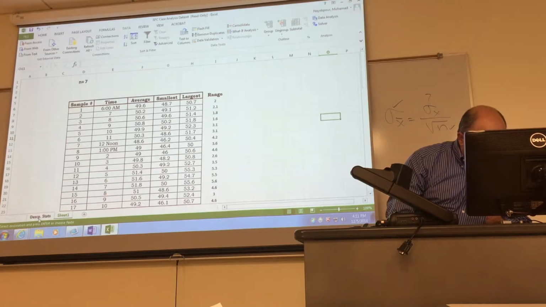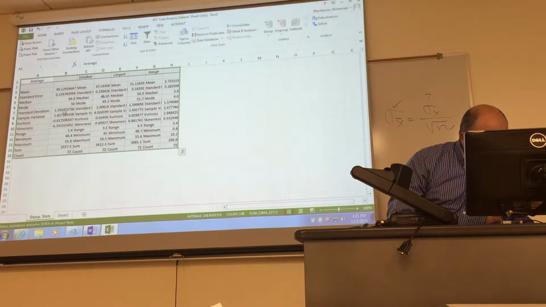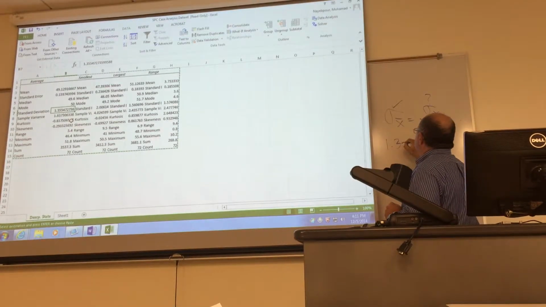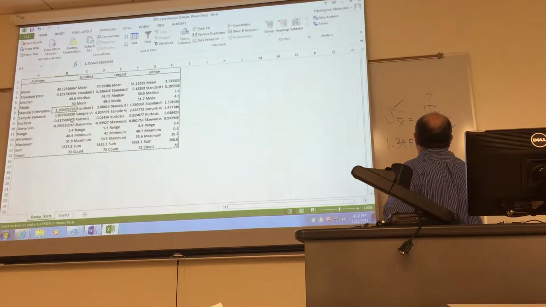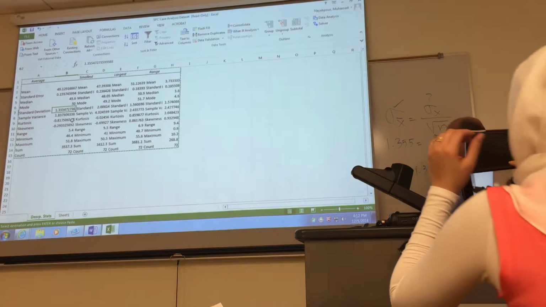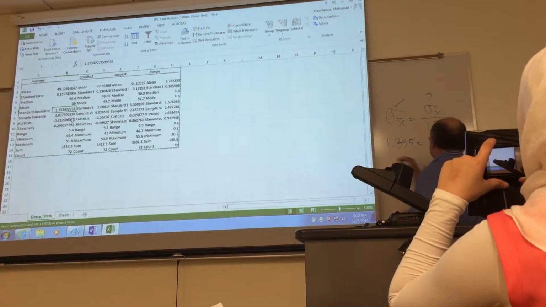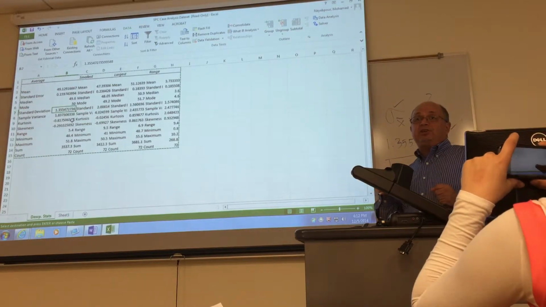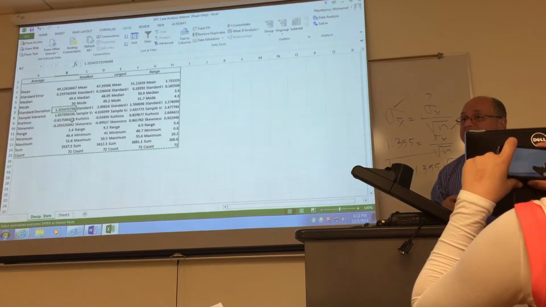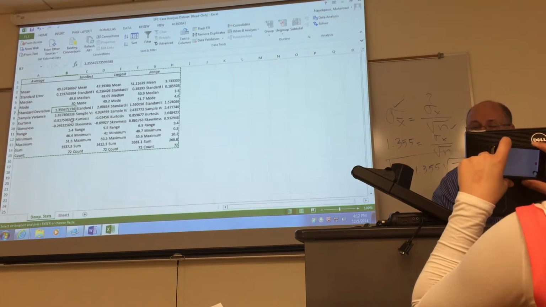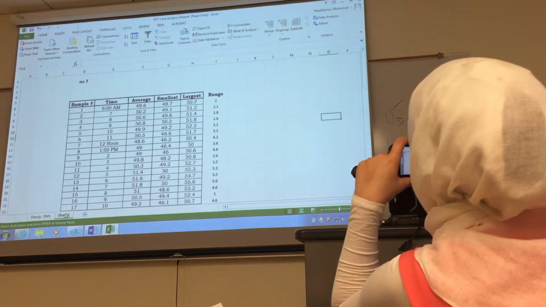So what you need to do, go back here, and the standard deviation is 1.355. Okay, so this 1.355 is the standard deviation of x divided by the square root of n. Okay, so standard deviation of individual data is 1.355 times the square root of n. And what is n? 7. So this is the standard deviation that you need later on when you're doing the CPK, the process capability, you need the standard deviation. All right? You okay? So calculate that and give me the standard deviation of original data. Okay, back here,